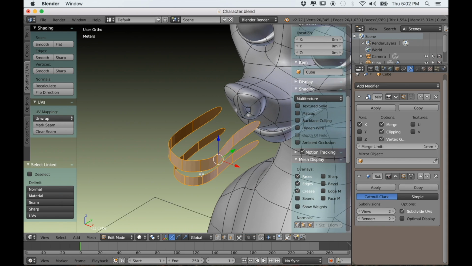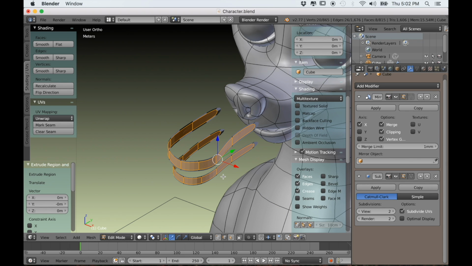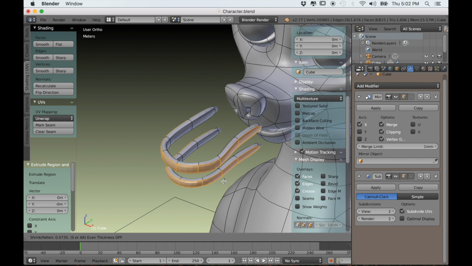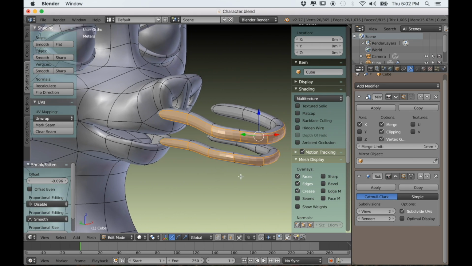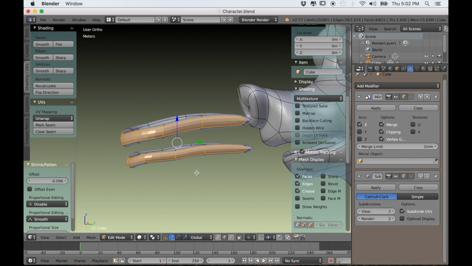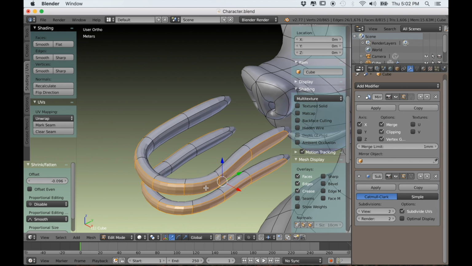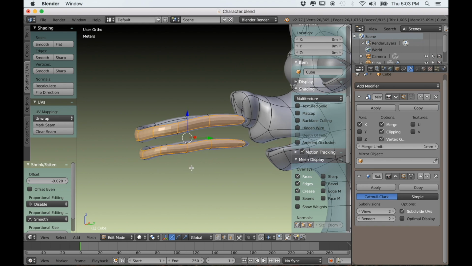Okay, so I can select the gums now and press E to extrude, and then cancel it with the left mouse button, and then Alt S to scale along the normals, which gives the gums a little thickness. Alright, so now we can select the gums